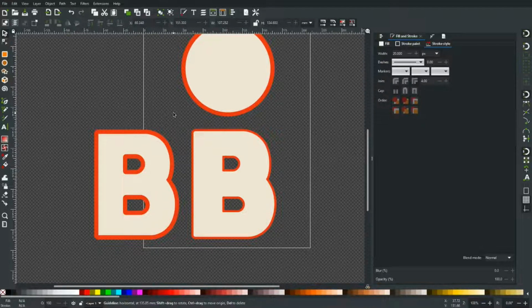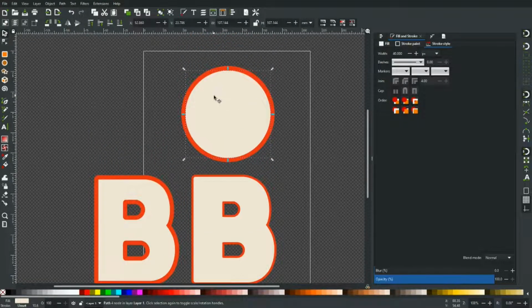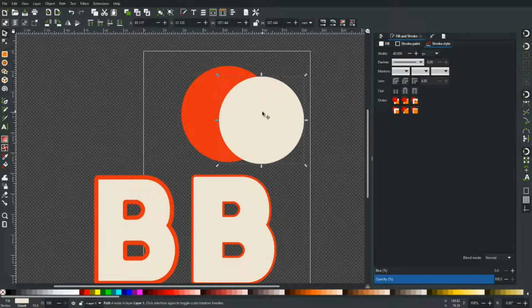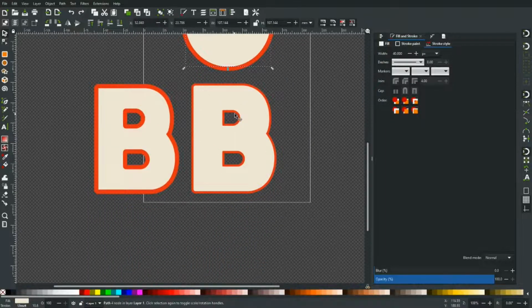The next bit gets a bit technical. I didn't want to get technical, but there's no avoiding it. I've just noticed something that's been bothering me for quite a while, which is on shapes. When you create a shape, it seems to default the rendering order so that your fill sits on top of your stroke. And when I do text, it seems to default to put the stroke on top of the fill,